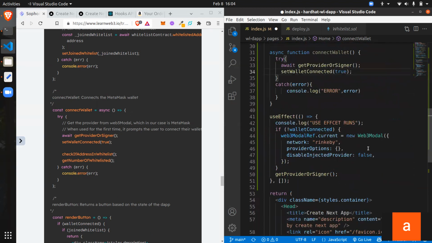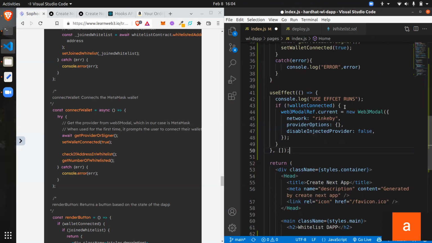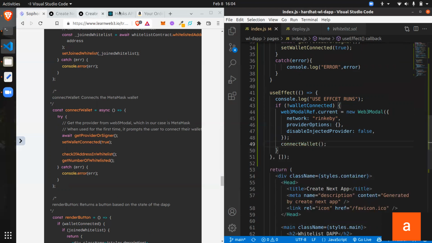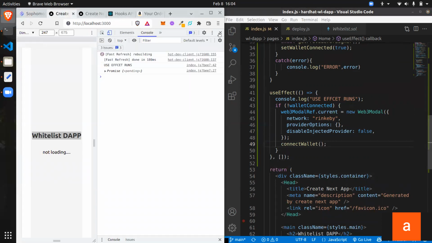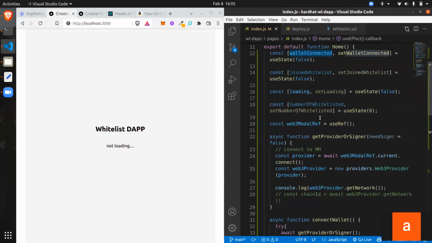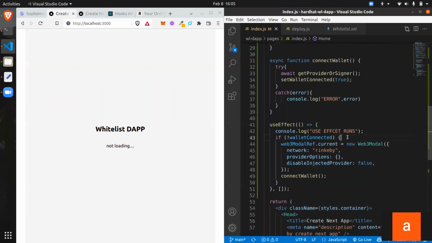So let's run this thing. We don't want to run it here because, as you can see, we already run this function. If the wallet is not connected, we set everything over here and we run the connectWallet function. So what happens? Connect wallet is running. Is wallet connected? If I set it to false, false becomes true, I guess. Yeah, it's true. So this should run this function, but